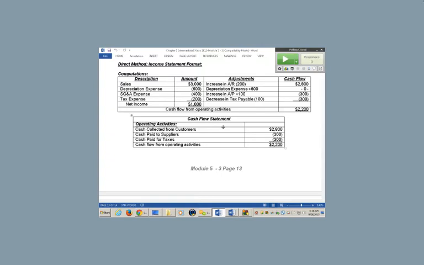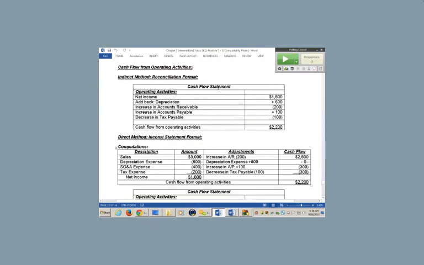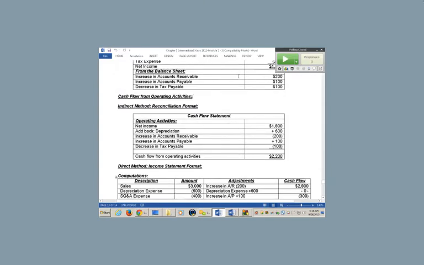So there's a lot to be said for the direct method. People in the United States just don't use it, again probably because it is maybe more transparent. I really don't know the reason. It is often said that the indirect method articulates a lot better with the financial statements. So, for example, you should be able to trace the numbers on an indirect method a lot easier than the direct method.